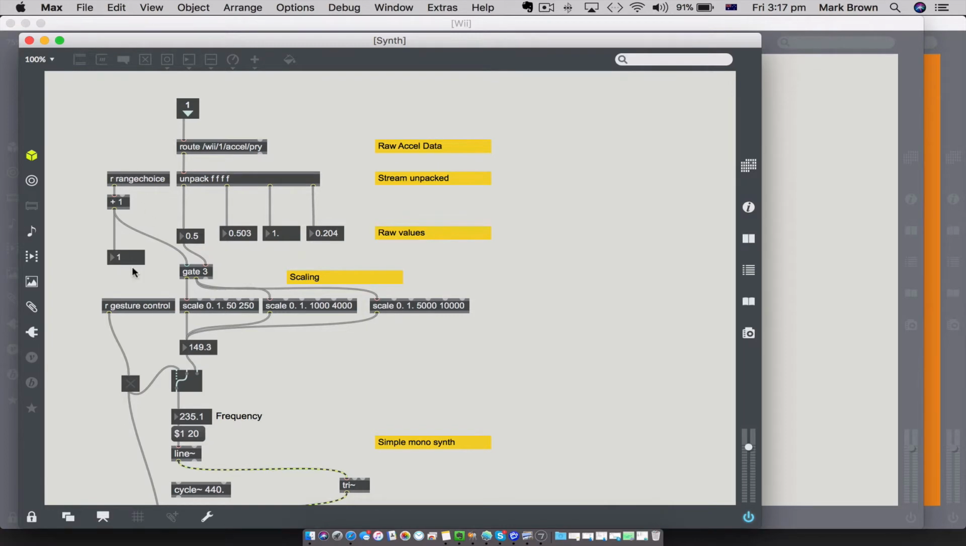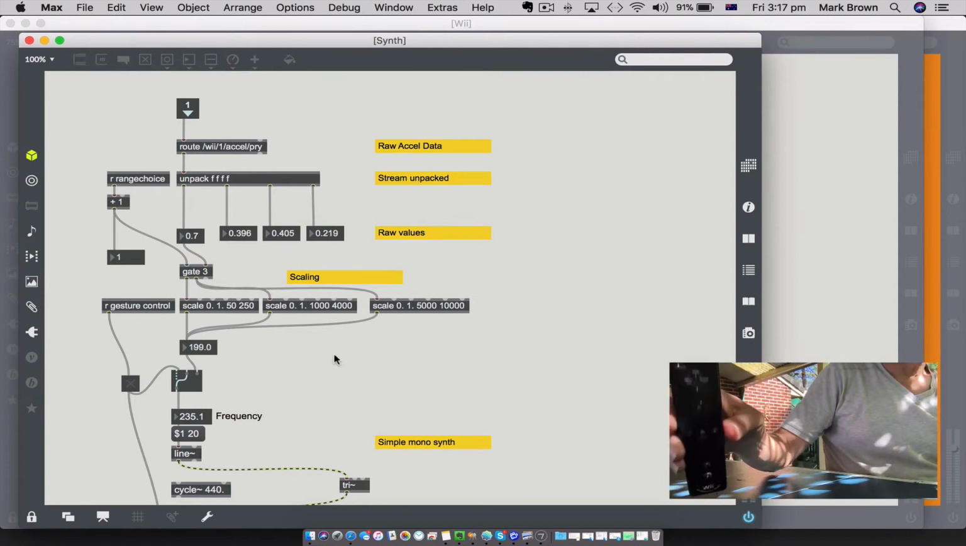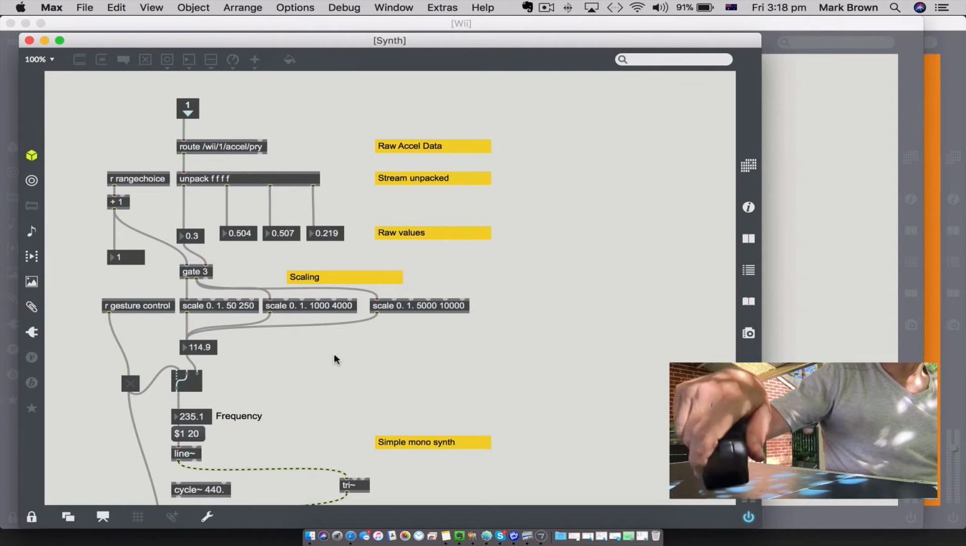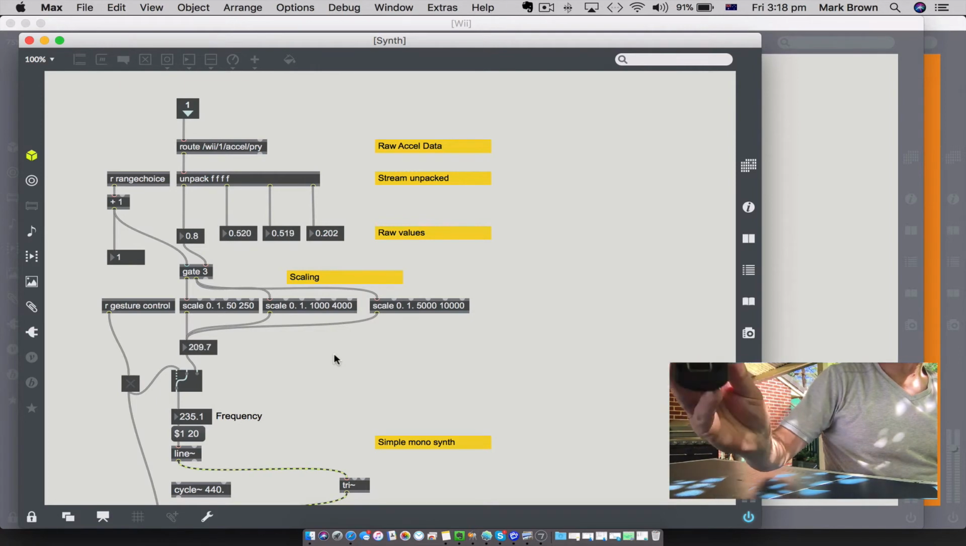And you can see here you can make your choice as to which of these 3 scaling options, 50 to 250 Hertz, 1000 to 4000 Hertz, 5000 to 10,000 Hertz. Those are just numbers that I've chosen. There's no particular reason for that. They're just in a low, medium and high. That's actually quite high, so it probably has to come down a little bit there. You can see as I move the controller that the frequencies are changing and being scaled accordingly. At the moment they're being scaled between a range of 50 and 250